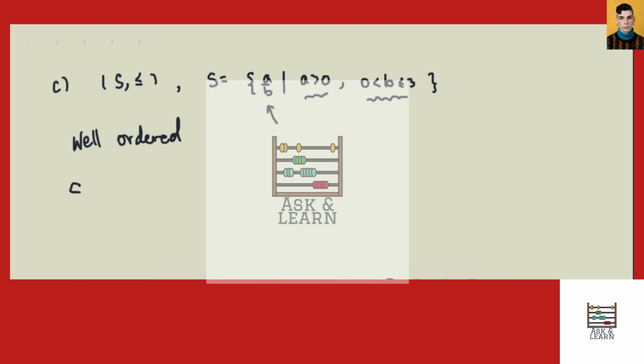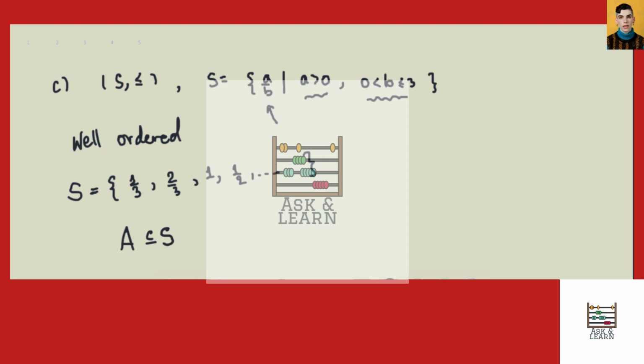Why? Consider this fact that S, the entire set, has least element 1 over 3, right? And it's going to go on forever. So any subset